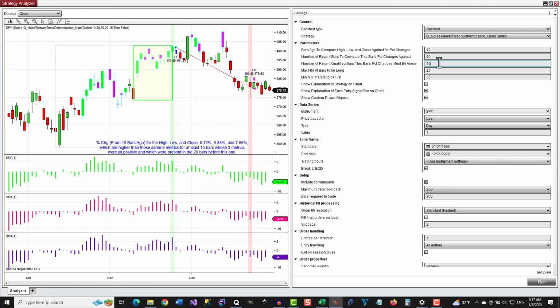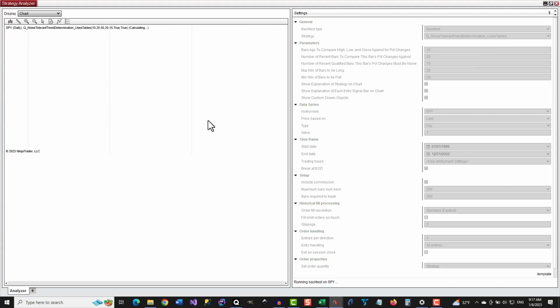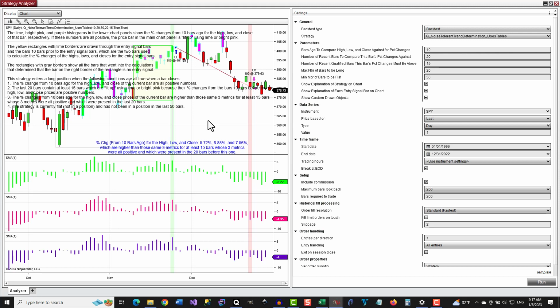This strategy's logic is more complex than the logic of most of the other built-in strategies. Its logic is best understood by looking at its chart and reading the detailed description of its logic that appears on the chart and in the NinjaScript output window when this checkbox is checked before running the backtest. Once you've read the logic's description, you can remove the description from the chart by unchecking this checkbox and running the backtest again.